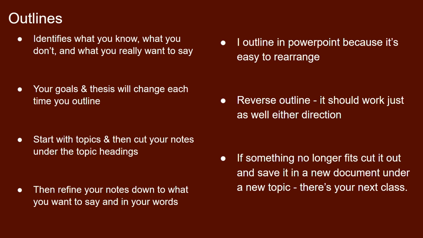You're also going to reverse outline, because this should work both directions. So you start with your conclusion statement, you work your way back through the evidence, and you should tie out at your goals. If you get off topic somewhere in your evidence, cut that piece out, it becomes part of a different class. If anything doesn't connect, it doesn't belong in this class. And if you find a gap, go ahead and fill in a slide with what you want to find, what connection piece you're looking for, and then go out and look for resources on that.